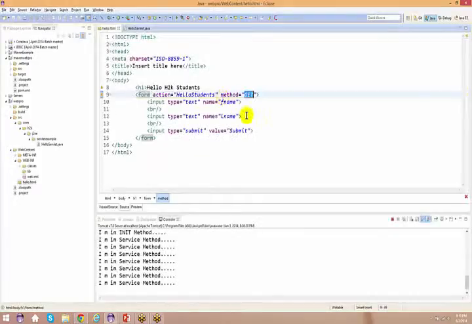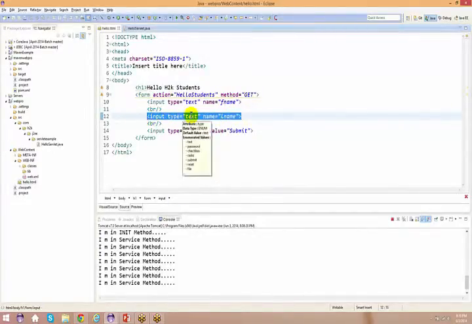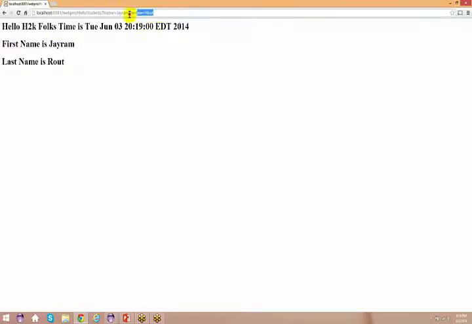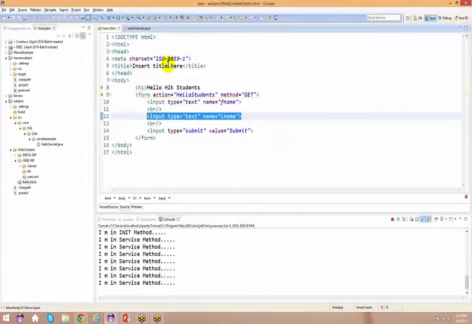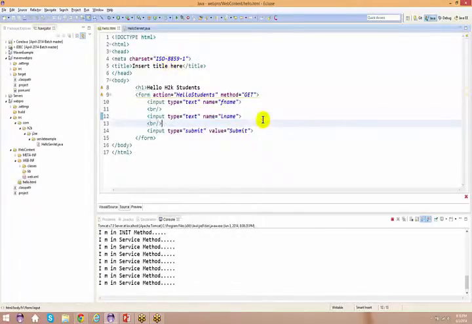Now why? Right now you have only two data, that is your first name and the last name. Usually in a form you will be having a bunch of data, and sending the data in the URL has got some limitations. You cannot keep on sending, let's say, 1 MB or 2 MB of data. So it has got some limitations, which we'll even talk about.